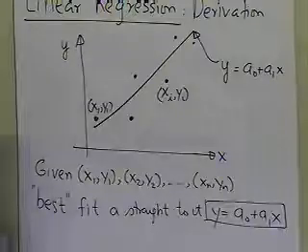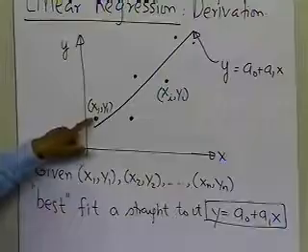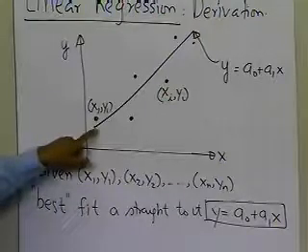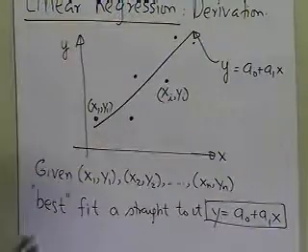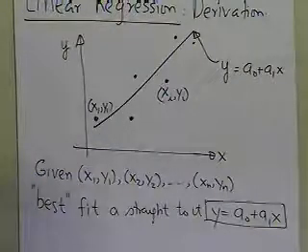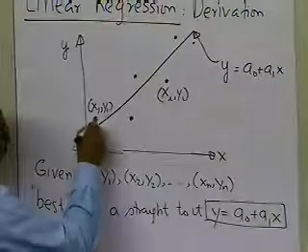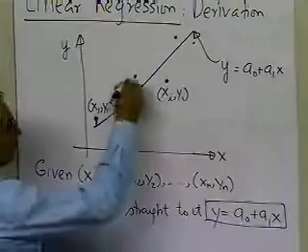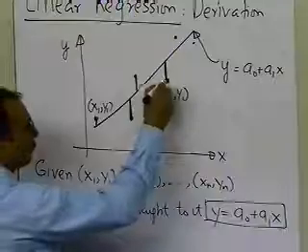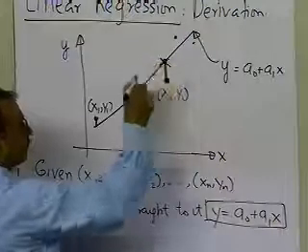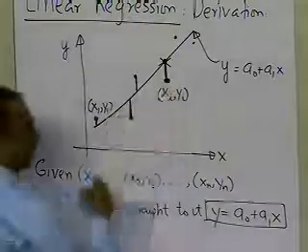Eventually what you want to do is minimize the amount of difference between the observed values, which are the ones given to you, and what the straight line will predict. Because you want to minimize the difference, but at the same time you have differences at several points, at all the data points. You have a difference here, you have a difference here, you have a difference here. So everywhere there's a difference between what you are observing and what you are predicting. The cross is the one which you are predicting, and the dot is the one which you are observing.